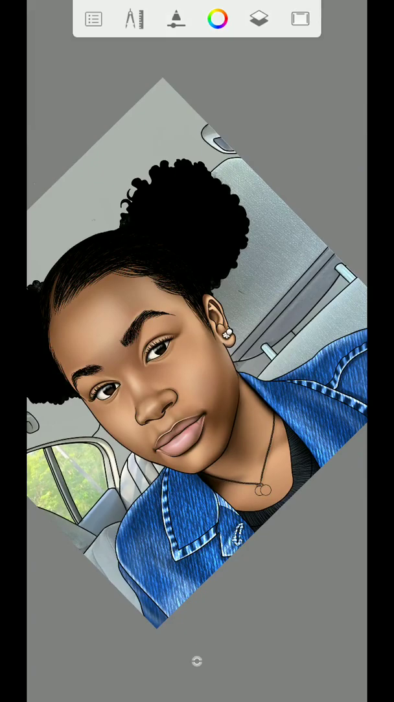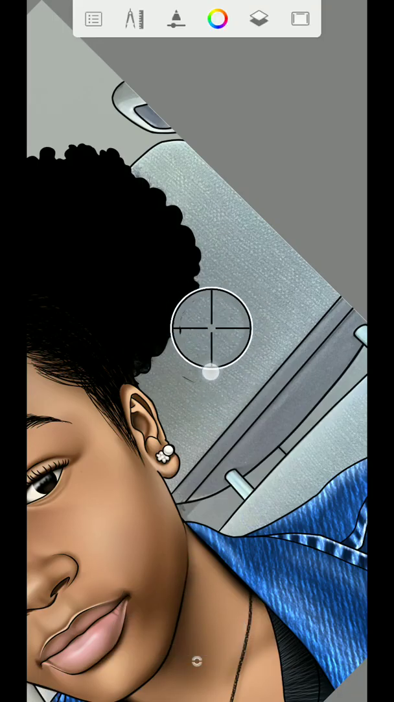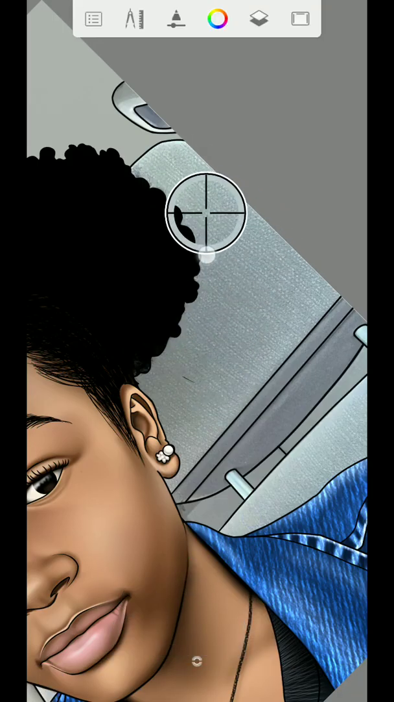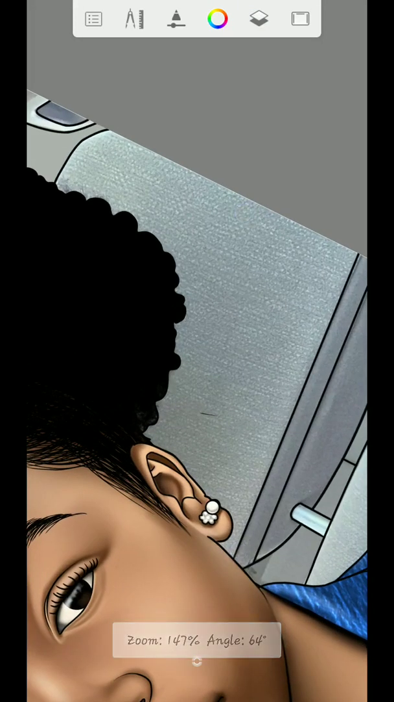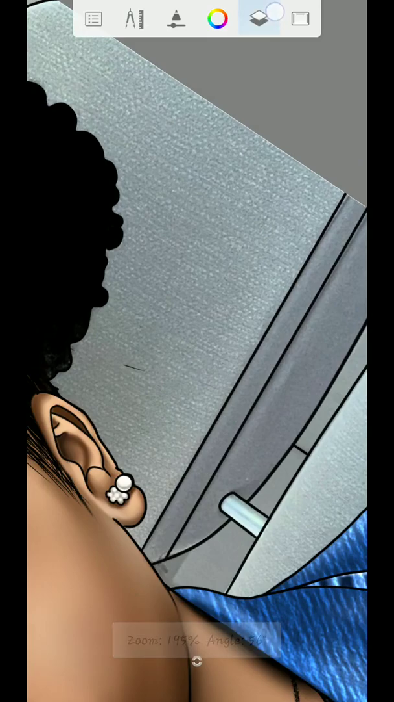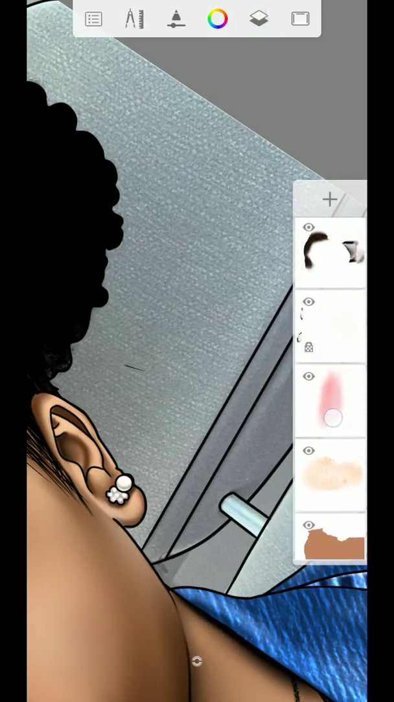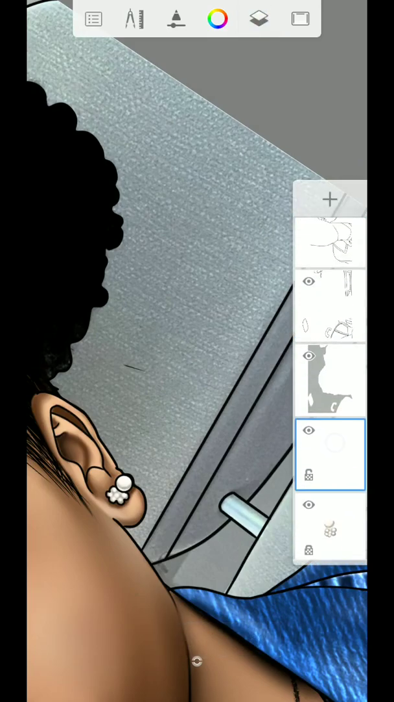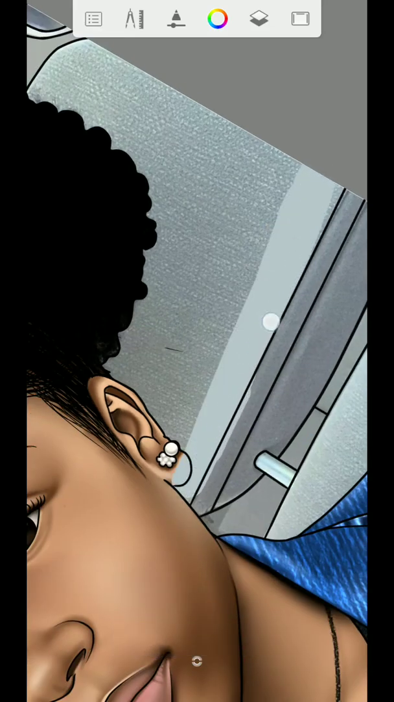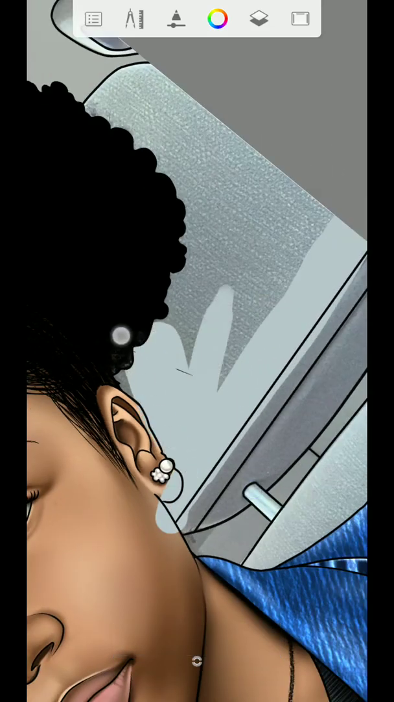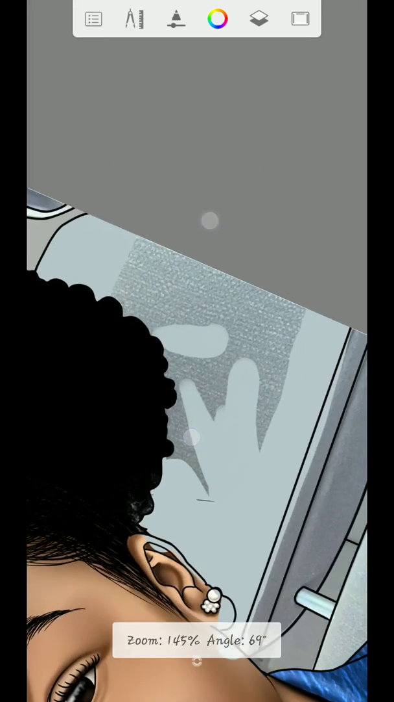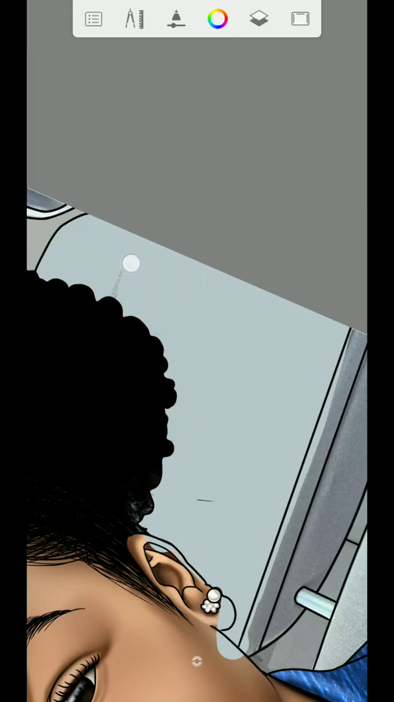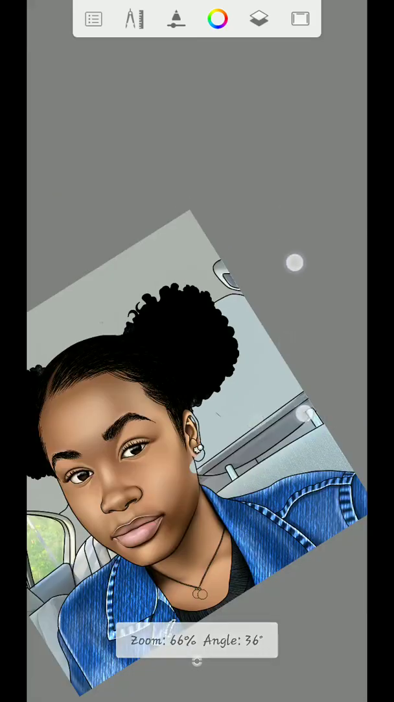Now I'm going to start with this one right here. I will pick from this spot. Then go back to that. Make sure that you are in the second layer. Then color something like this. Once you color something like this,